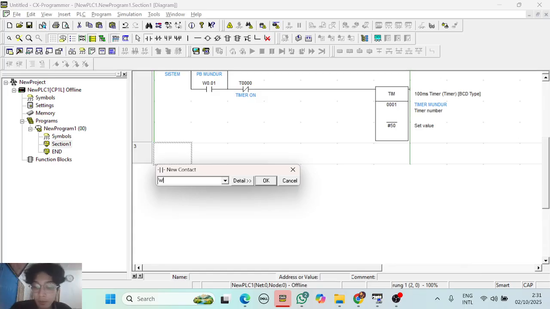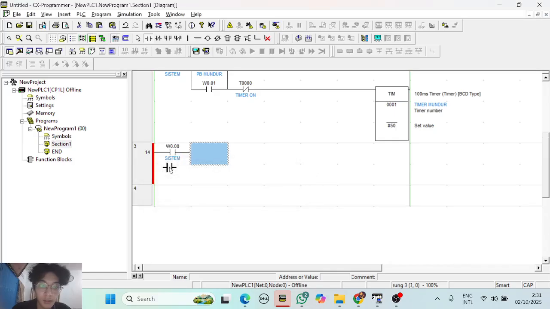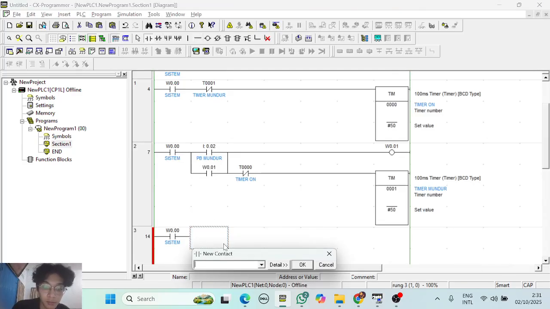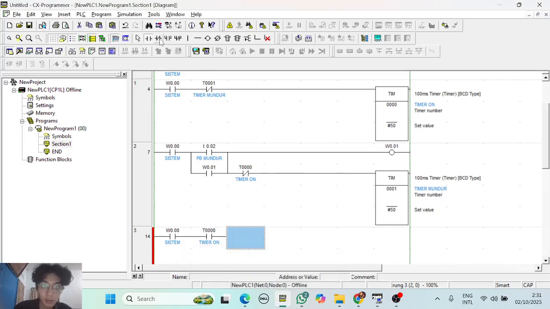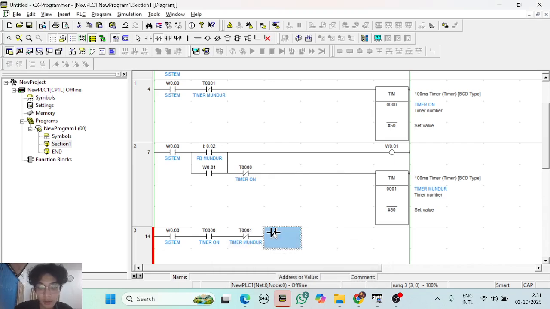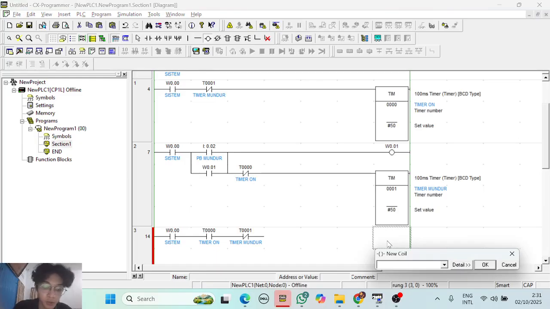Okay, first we put the status of system. Okay, like this, and we put timer on, and timer off, T001, the countdown timer, and we add the output.